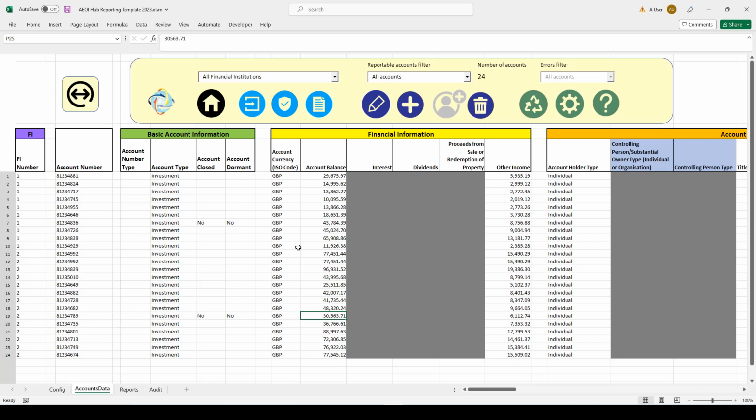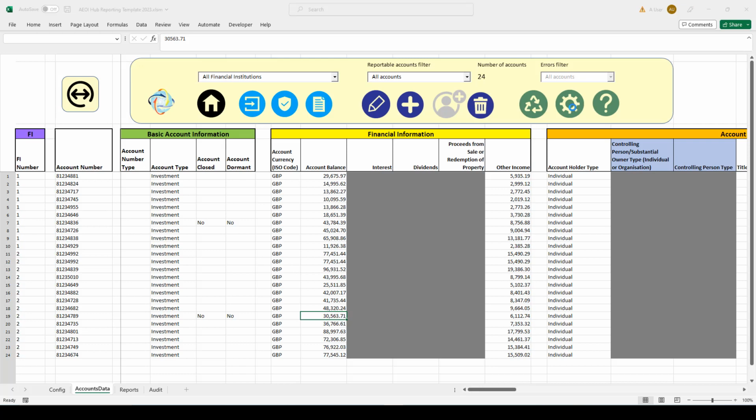What we wanted to introduce, and we added in the 2023 version of the template, is additional validation. Validation checks that may not necessarily indicate that the file would fail, so items that wouldn't necessarily cause a failure of the FATCA or CRS submission, but may indicate that there is an issue with the quality of data. And we've added this as an optional area.